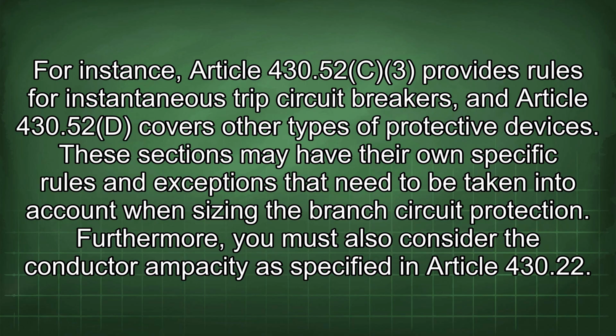For instance, Article 430.52(C)(3) provides rules for instantaneous trip circuit breakers, and Article 430.52(D) covers other types of protective devices. These sections may have their own specific rules and exceptions that need to be taken into account when sizing the branch circuit protection. Furthermore, you must also consider the conductor ampacity as specified in Article